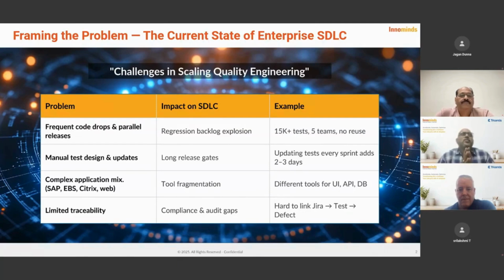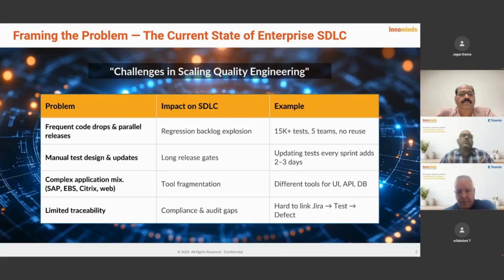So let's start with the typical challenges that we face in quality engineering, or maybe scaling up the existing quality processes. If we follow a traditional waterfall model or the latest agile processes, the challenges are pretty much the same.